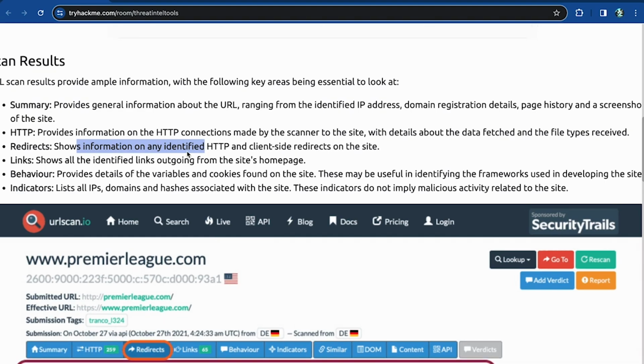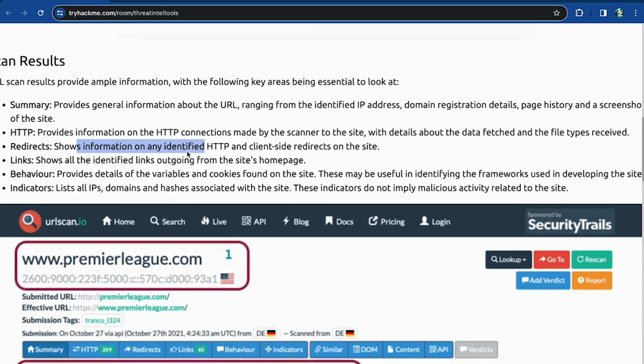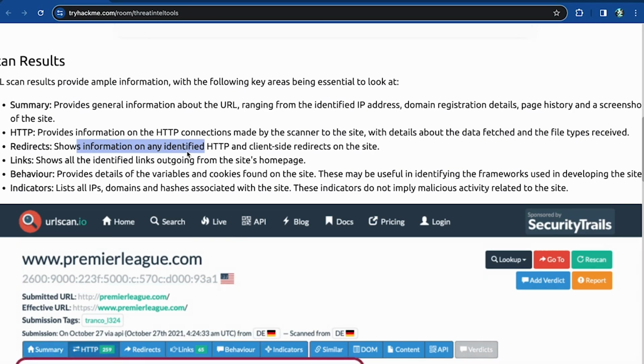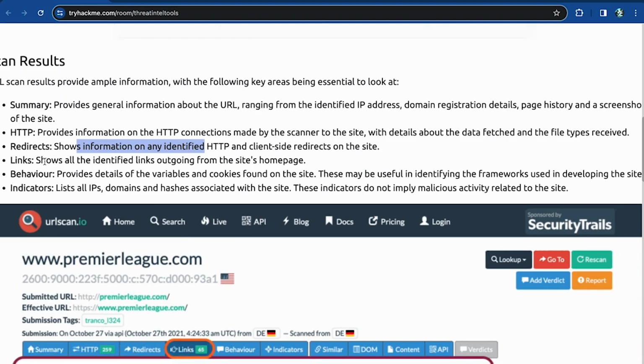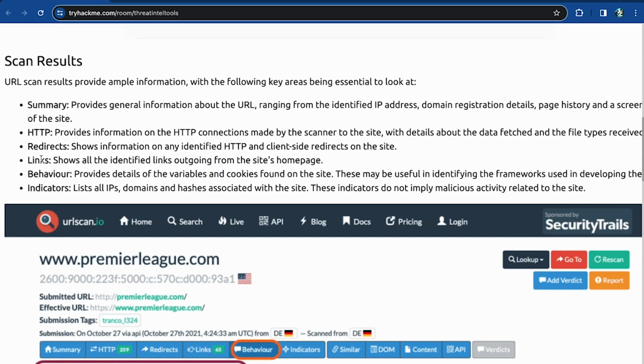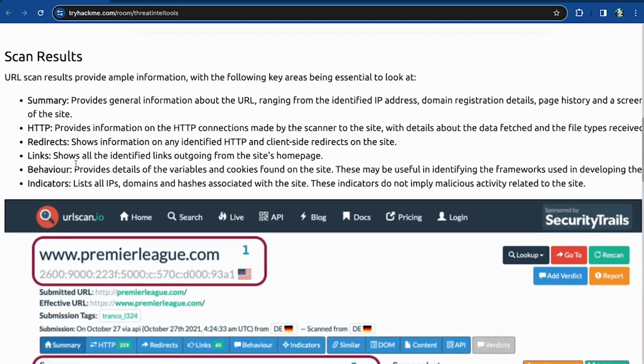And this actually happened in one of the videos that we did recently, where we were building a network scanner, or I think it was either a subdomain scanner or a directory scanner. It was one of the ones that we did for Python for pen testing. And there were a lot of redirects on the websites that we were scanning, and so that probably would show up here as well. Then you have the links, so any and all identified links outgoing from the site's homepage,